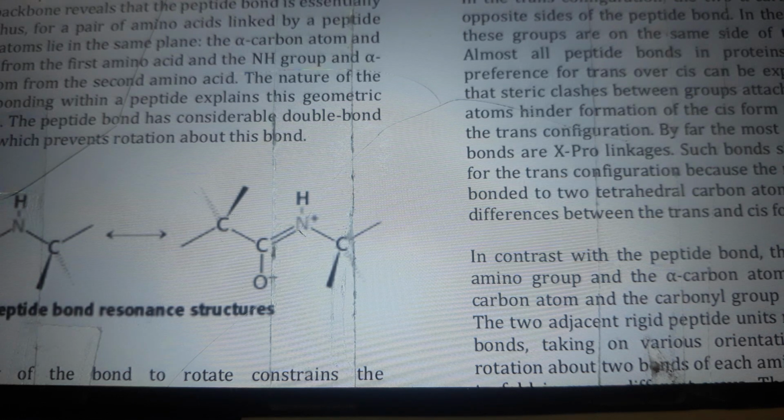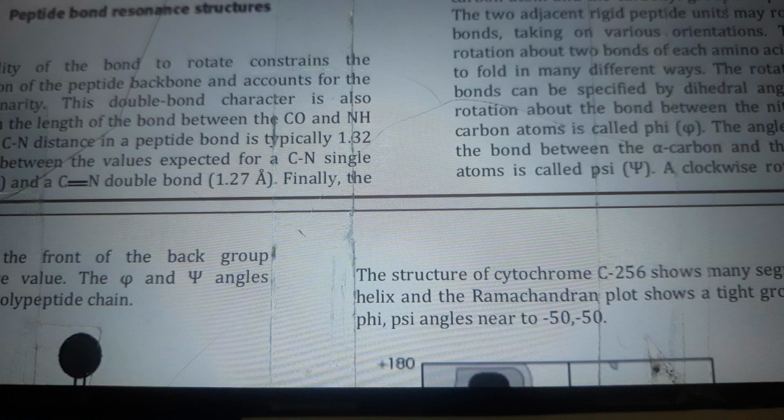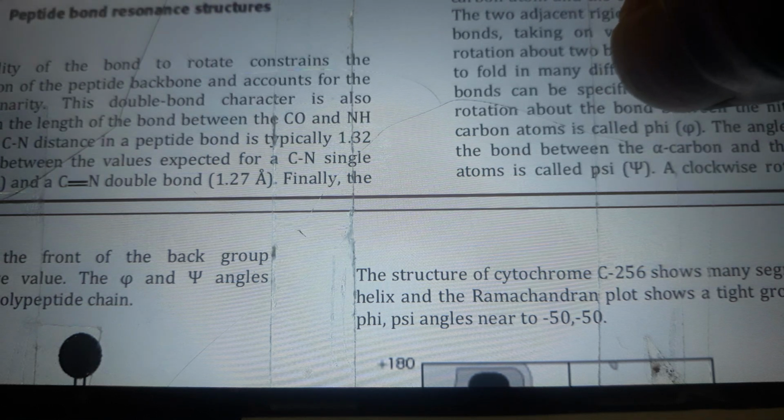The peptide bond has considerable double bond character, which prevents rotation about this bond. The inability of the bond to rotate constrains the conformation of the peptide backbone and accounts for the bond's planarity. This double bond character is also expressed in the length of the bond between the CO and NH groups. The C-N distance in a peptide bond is typically 1.32 angstrom, which is between the values expected for a C-N single bond, 1.4 angstrom, and a C=N double bond, 1.2